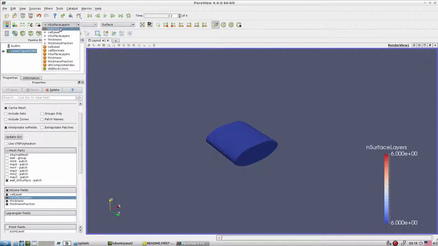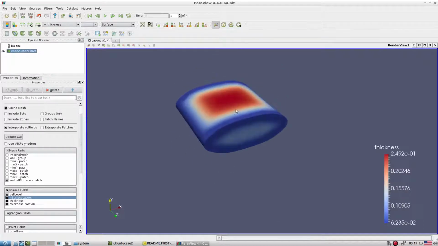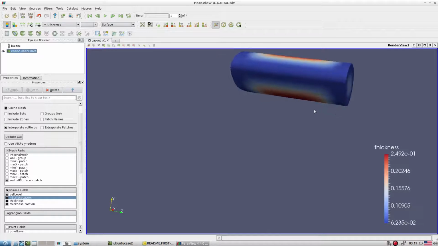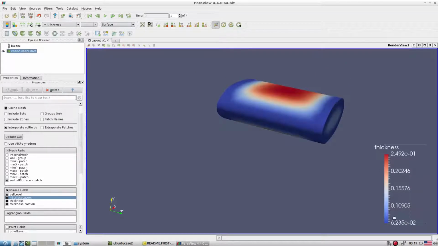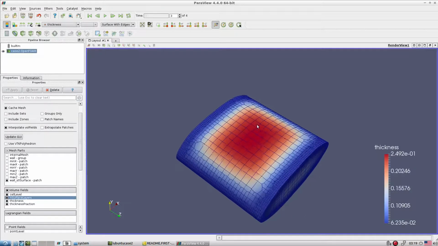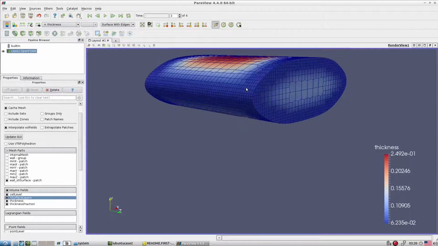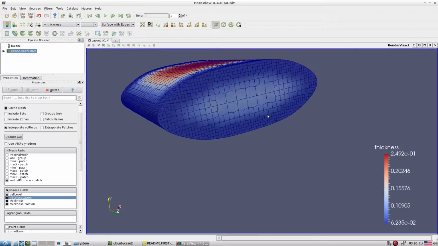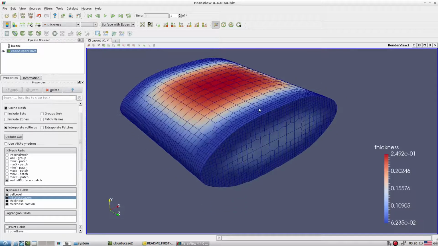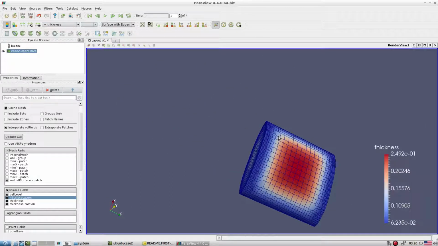Let's say we want to see the thickness. You can quickly check the thickness of the first cell immediately. At some places it is low, and at some places it is high. Why is it so? Because if you look here, we have a larger mesh size here and a smaller mesh size here. Wherever the mesh size is larger, you get a different thickness. That is what you can visualize from here. Sometimes it is handy to observe what is going on.